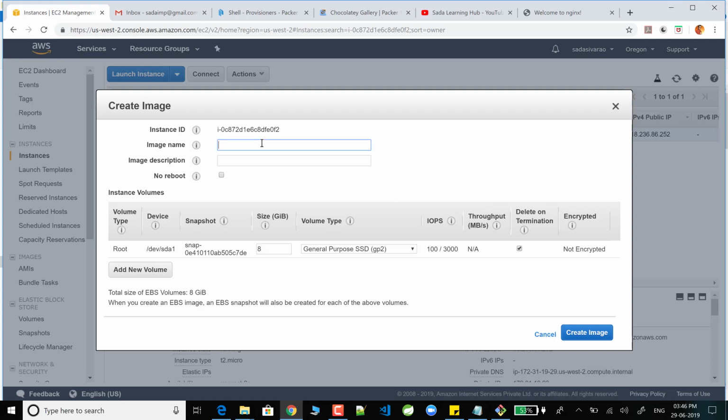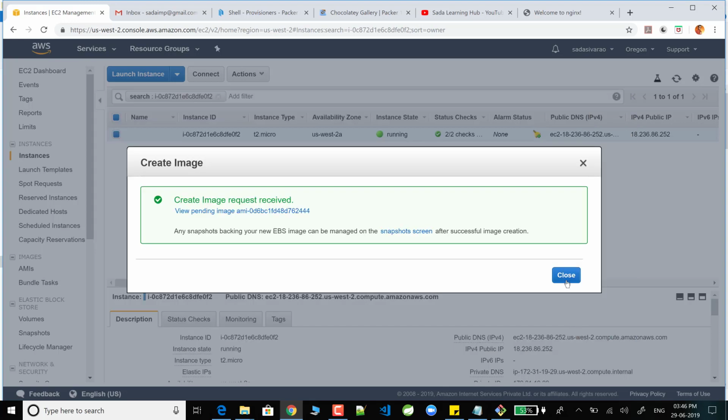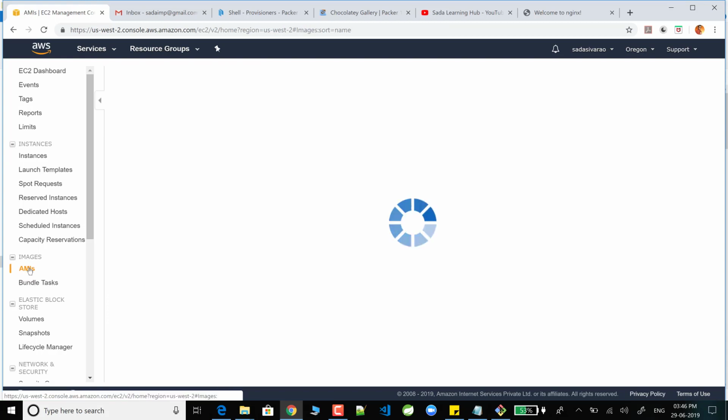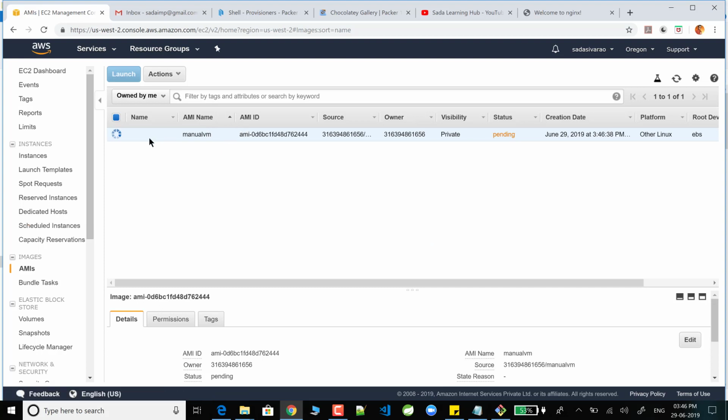Now I'm going to give something, manual, whatever it may be. You can give instances and all. Click on create image, right? Once you create the image, if you click on AMIs, we can see the image here. The image is being created now. Once it is completed, the status is going to be completed. Now we can see the image.